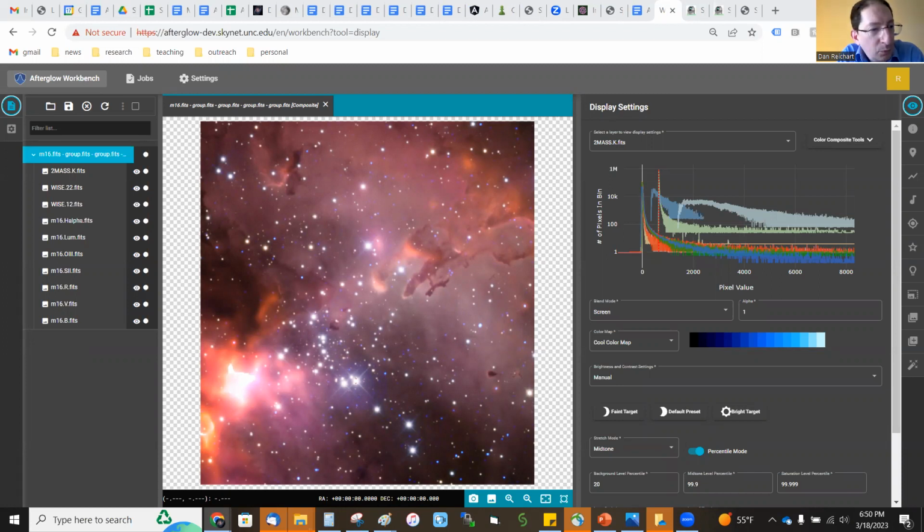Now, WISE, it's great, it's all sky, so no matter where you point, there's guaranteed to be WISE data. But NASA built a better infrared spacecraft called Spitzer. It was not all sky. It's only certain parts of the sky, certain targets. But likely the kinds of targets you're looking at, really bright, interesting objects, Messier type objects, Spitzer certainly took a